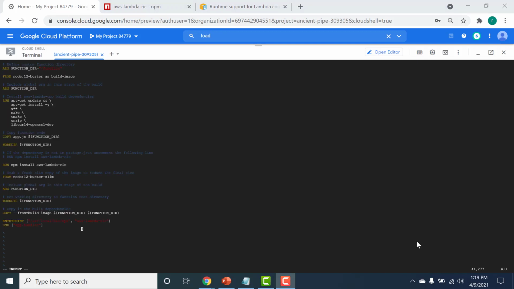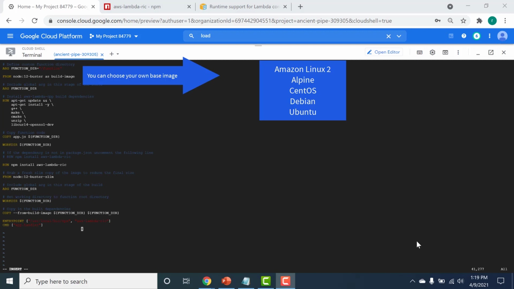So let's start creating our Dockerfile. Our Dockerfile will basically be a multi-stage Dockerfile that will consist of two halves. In the first half, we'll be creating the artifacts that we need. And in the second half, we'll just be copying that artifact into a new base image. And this base image will be a slimmed down base image that will just consist of the artifacts that we've just created. So let's see how it looks.